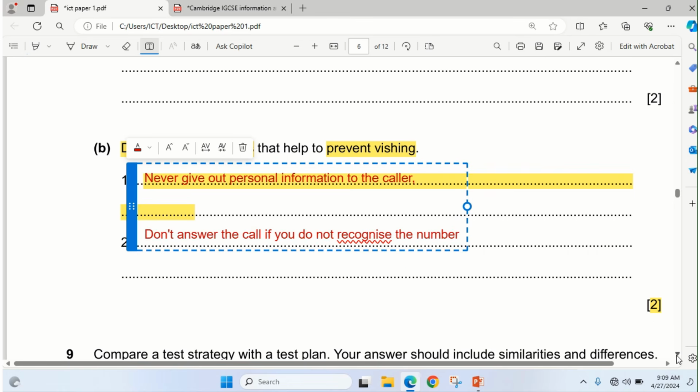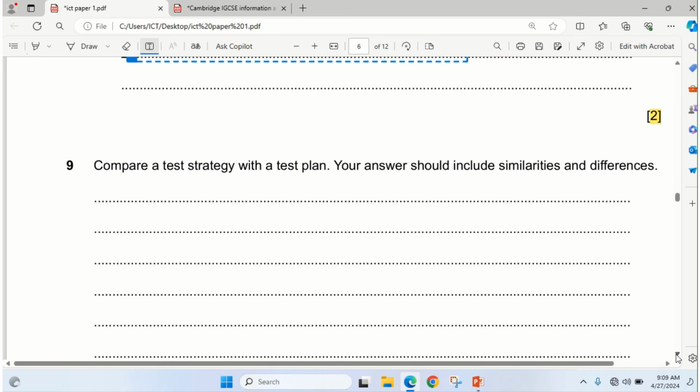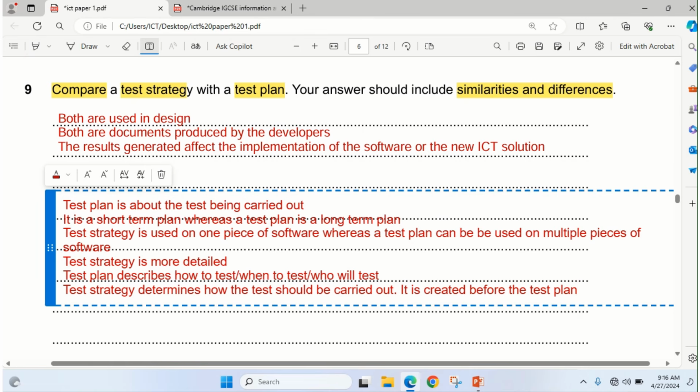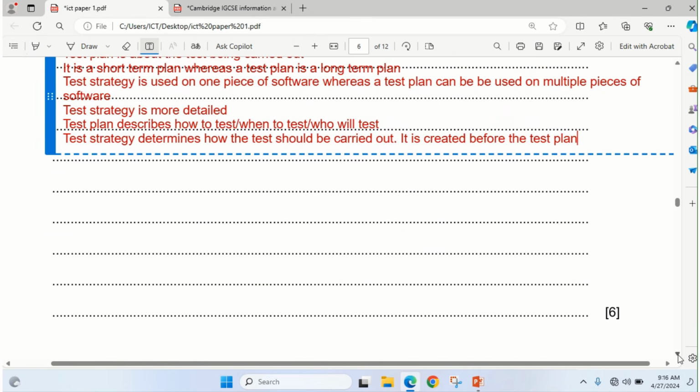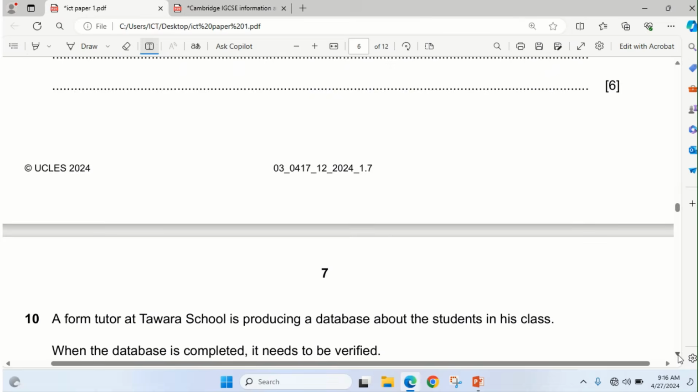Then the next one, question 9, is compare. The word compare is an action word, a command word. Take note of that. Compare a test strategy with a test plan. Whenever you want to carry out a test plan after you have successfully created a new ICT solution, you need to test the solution. So what you can write to earn the full mark, don't forget the full mark is 6 marks here. So let's go to question